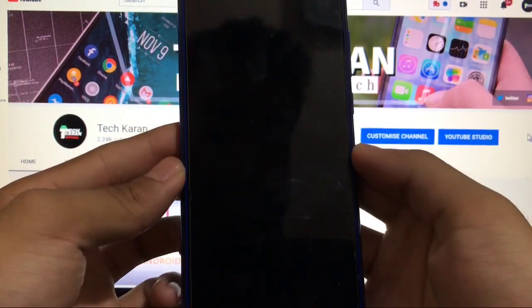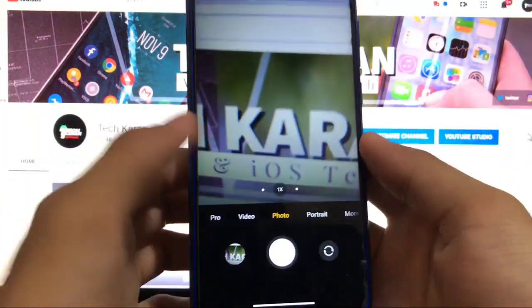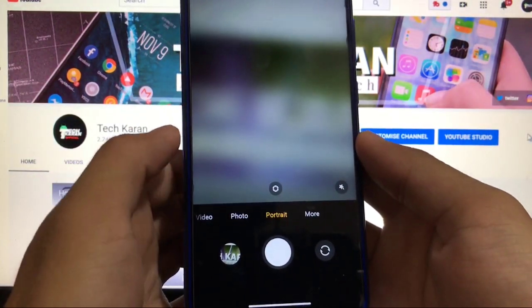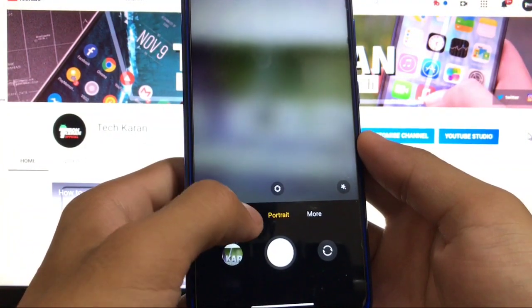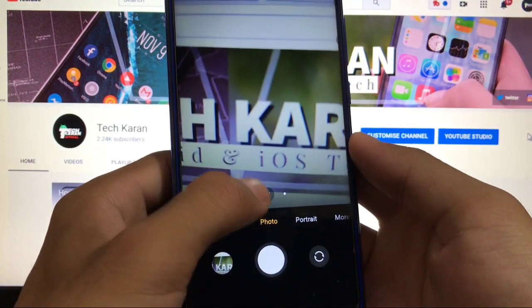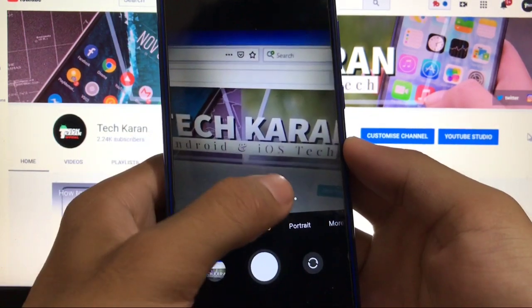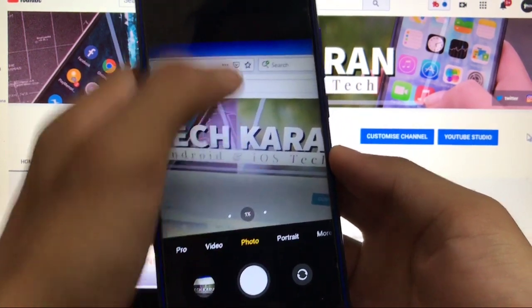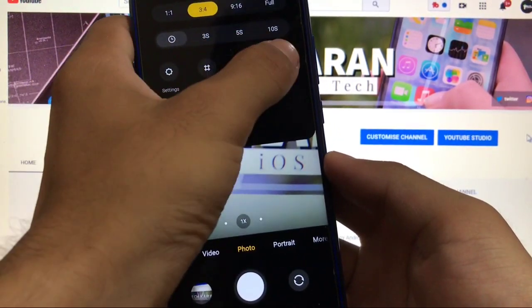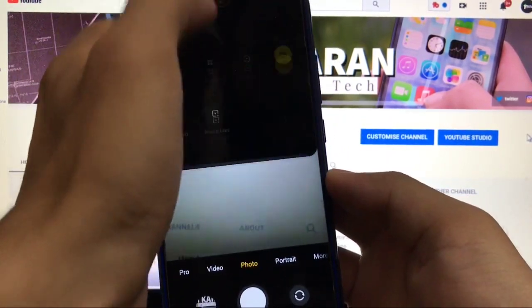Talking about the camera, it is perfectly fine here. As you can see, I can click photos without having any issues. Talking about the portrait mode, that's also perfectly fine here. We talk about the ultra wide, let me show you. Ultra wide is perfectly fine here too, which means no bug here. And if we talk about the macro lens, let me show you. This one is the macro lens. Macro lens is perfectly fine here.